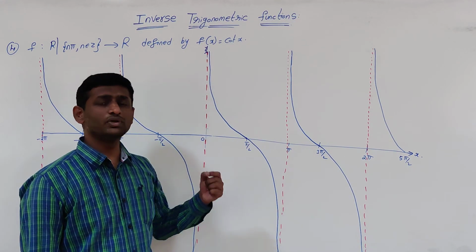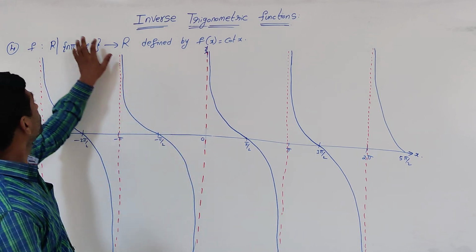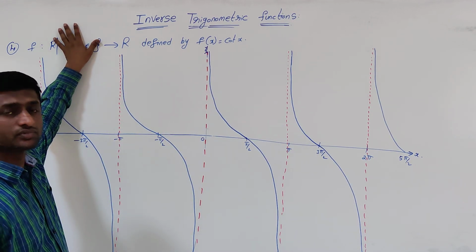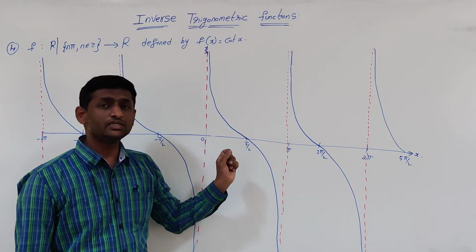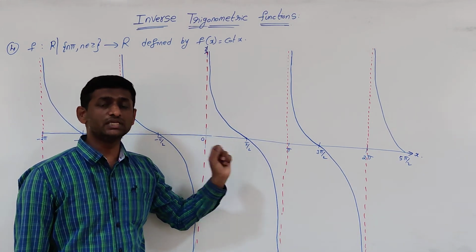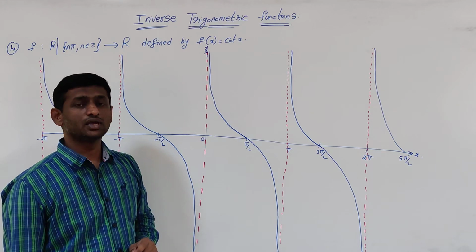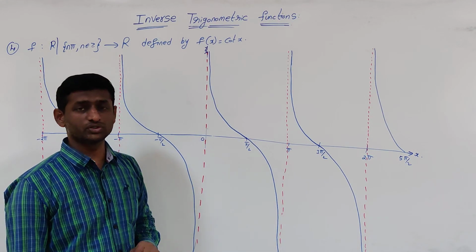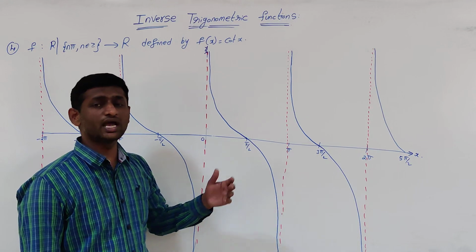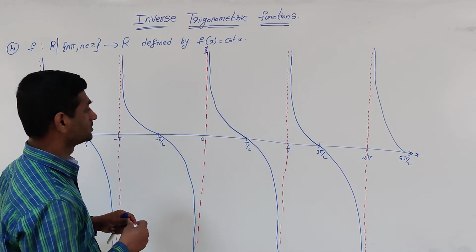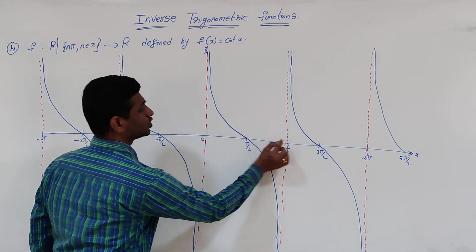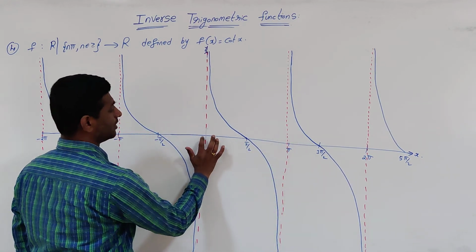In order to be a bijective function, we have to restrict our domain, in such a way that distinct elements of the domain have distinct images and it is also an onto function. Only then can we have a bijective function. If we restrict our domain, say if you observe, from 0 to pi,